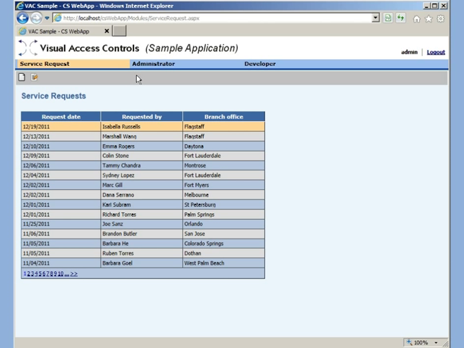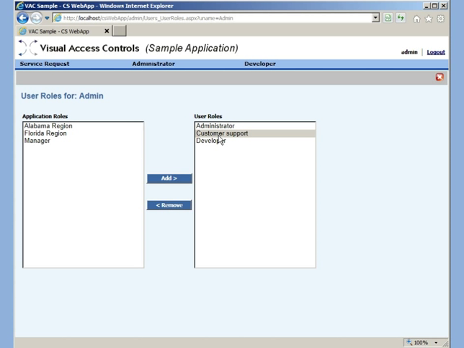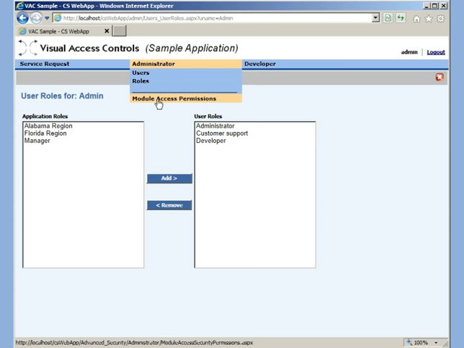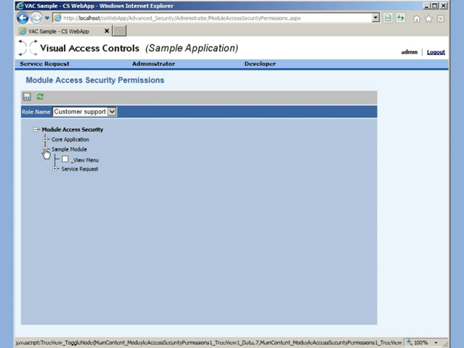permissions to this role. So if I go to the user admin, I can see that the user admin is part of the customer support role, administrator, and developer. If we go to the module access security permissions and we go under the customer support role, we can see that customer support has the permissions to add or edit